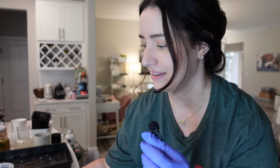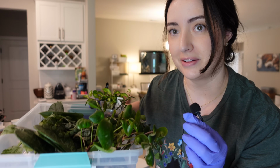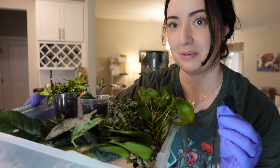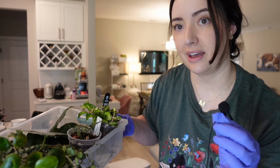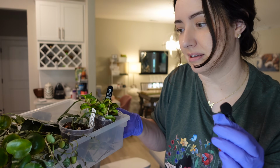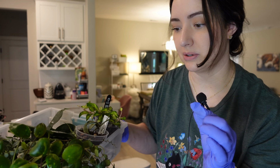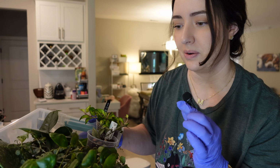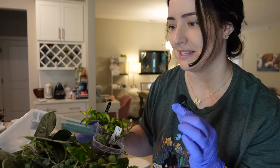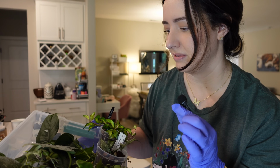Hello, I'm back. So I have finished propagating and I have a huge pile of props. I pretty much propped everything minus the alocasia here and the Hoya I have in those containers that they were in. I propped the Pilea, the string of turtles, the Hoya Curtisi, the Hoya Carey Splash, the Sandapsis, the Monstera Sulta Piccana,